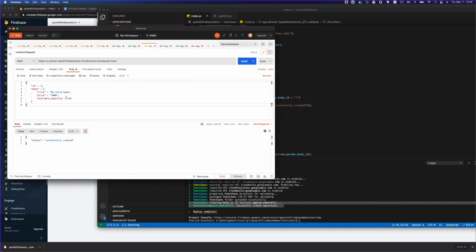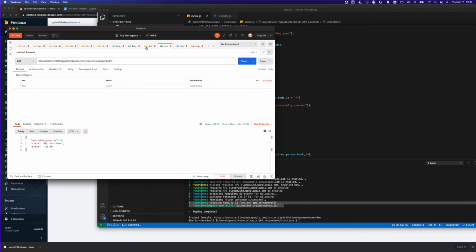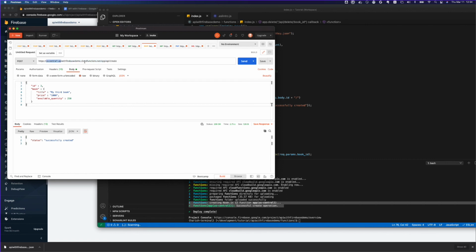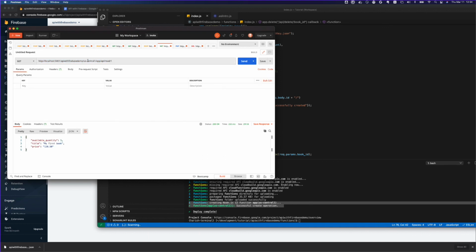So now we are calling our API using Firebase US Central 1, this function, and it's deployed on cloud rather than on your local machine. And if I go and do get command also from the same API, okay, let me copy paste this and replace this. Oops, okay, it's called read one. So it's able to read it also, and can read our new document which we created.